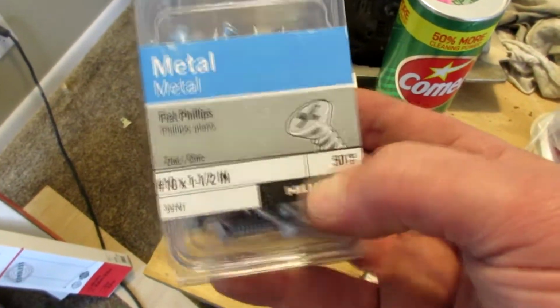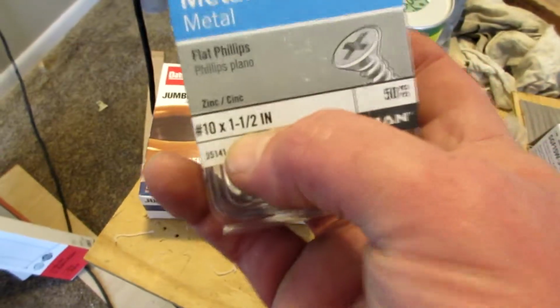New door screws. They didn't have 1-inchers, so we got 1.5" number 10s. That should be sufficient. And I got one of these 3/8 to 3/8 compression fittings for